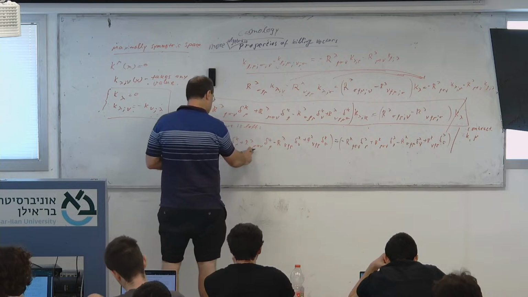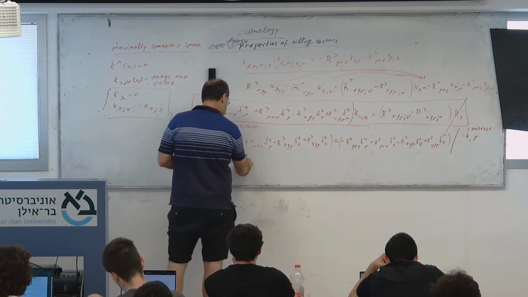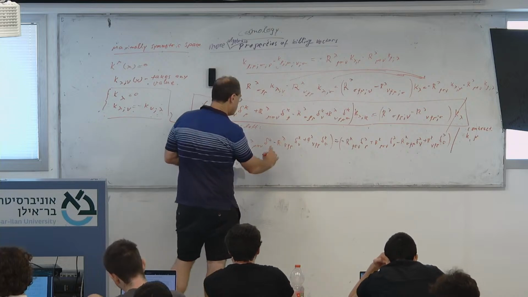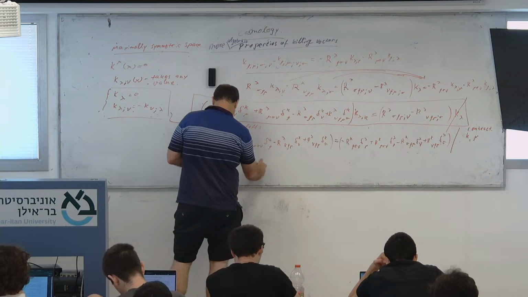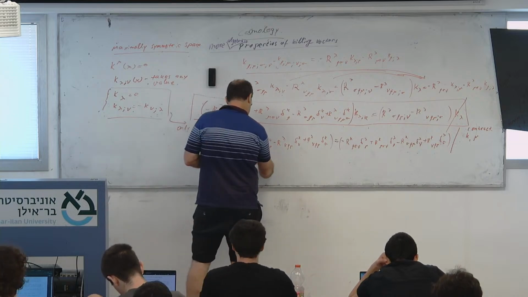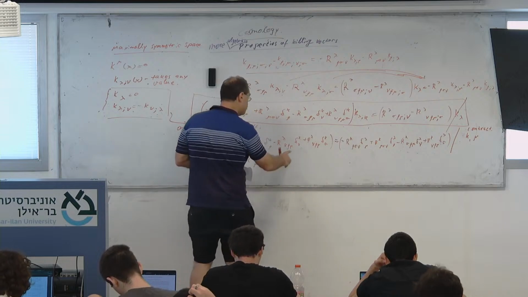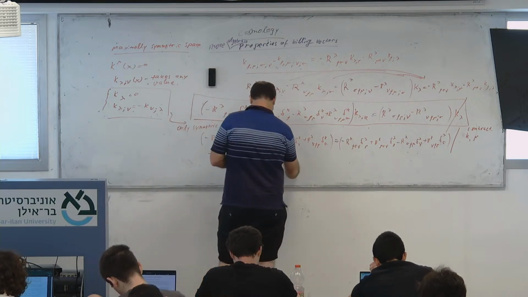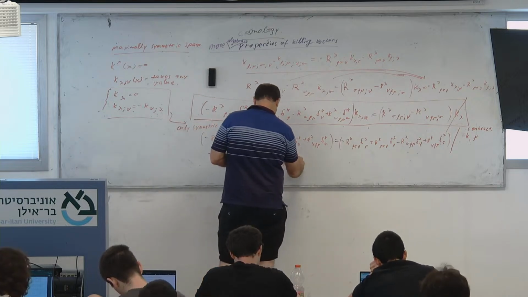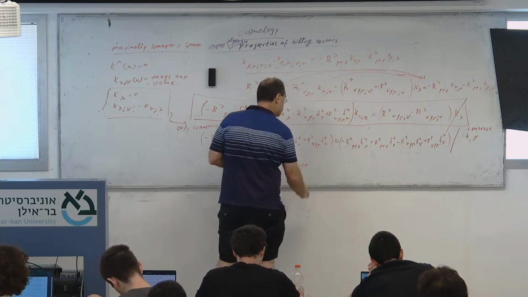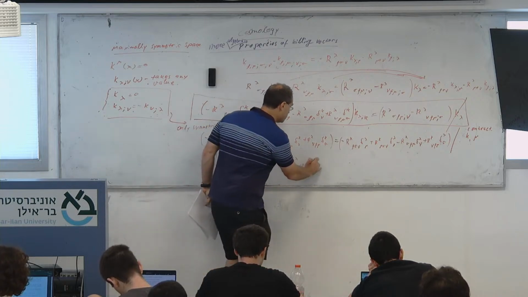This I contract, so I have plus r lambda rho sigma mu. This I have a minus r lambda sigma mu nu, and this I have a plus r lambda mu rho and sigma. This is equal to